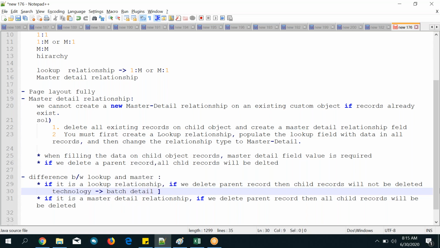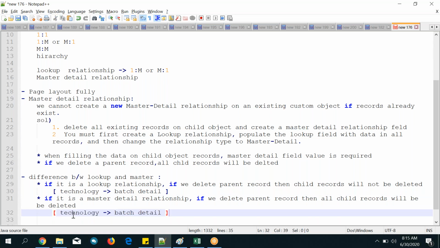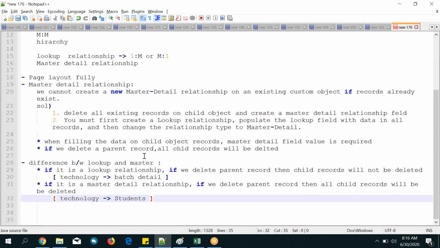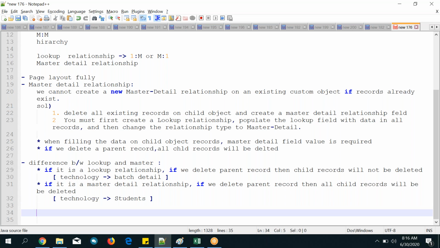You don't need to tell this example to interviewers; I added it here for your better understanding. So if we delete one technology record, batch records are not deleted. But if you delete a technology, students are deleted. That is the first point, guys.